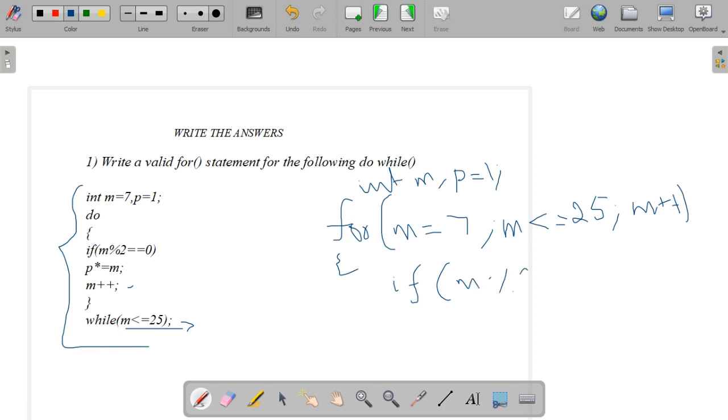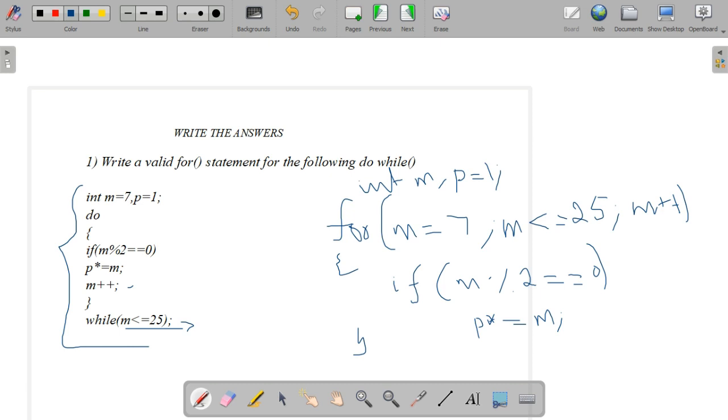Whatever condition we need, we can give. The condition is m modulus 2 double equal to 0. Then we need to multiply, that is p into equal to m. Semicolon. Close the braces. This is the way we will write this do while into for.